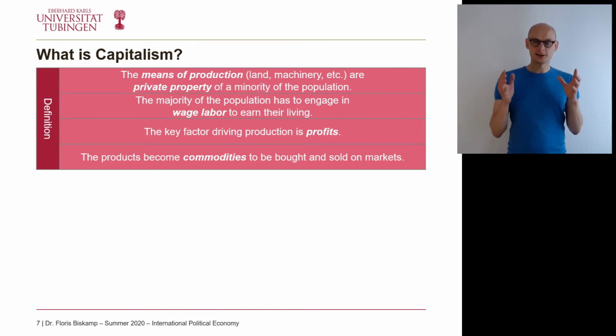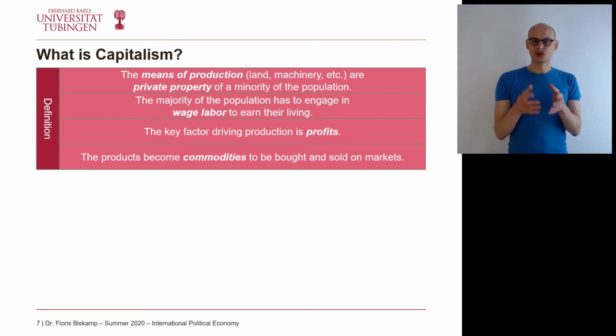So they are not in the hands of the community or in the hands of the states, or they are distributed equally among the whole population, but they are private property of a group of the population,